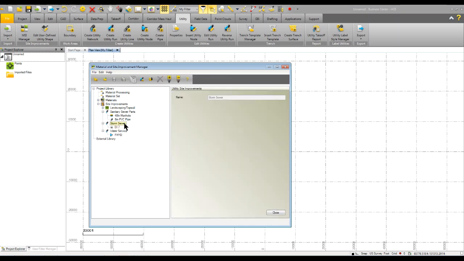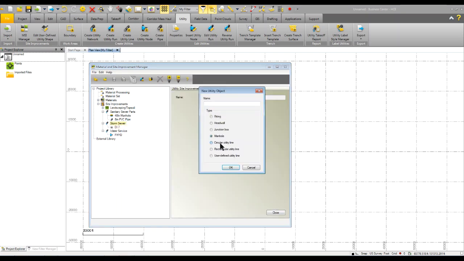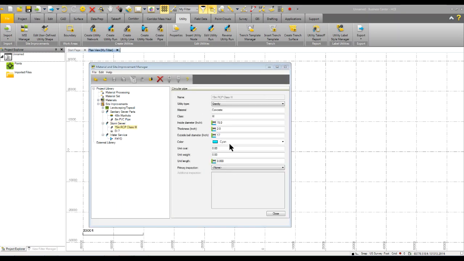Let's go ahead and do another part for this. We'll do a circular pipe. Let's just call this a 15" RCP class 3. Again, looking at a spec sheet, I can set up the properties of the structure. So my inside diameter being 15 inches, my thickness in this case for a 15" would be, it's like 2.25 actually, and my outside bell diameter is going to be